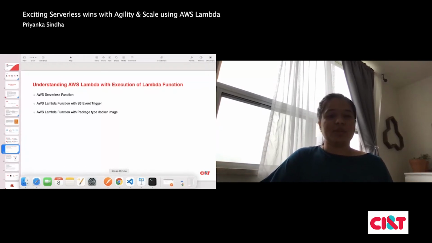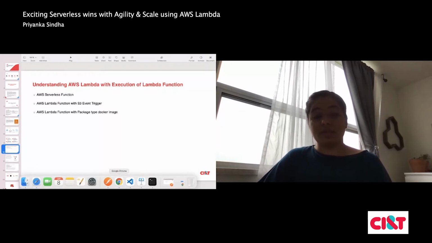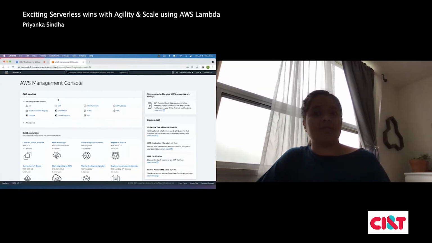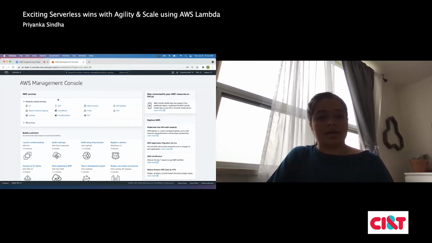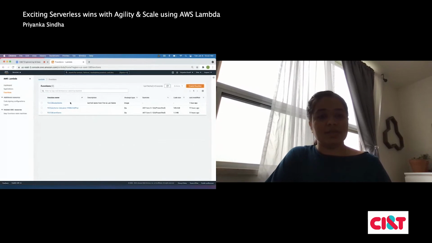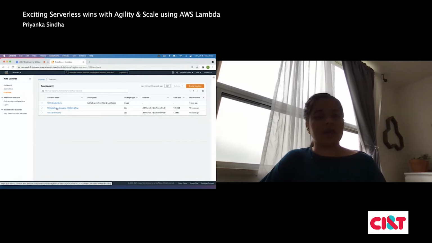Most of you who have worked with AWS know this AWS Management Console, which offers all these features when you have an account with it. So let me go to Lambda. You can directly go to the Lambda functions, and this is the 3 examples I have prepared. One is just a normal calculator demo: addition, multiplication, and subtraction, but as an API.